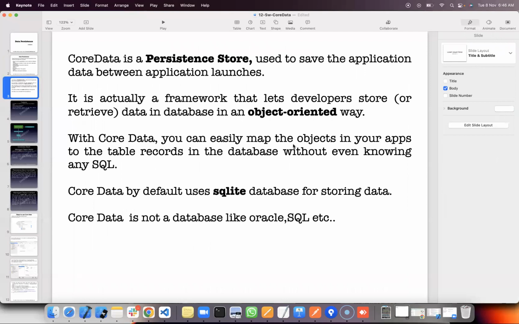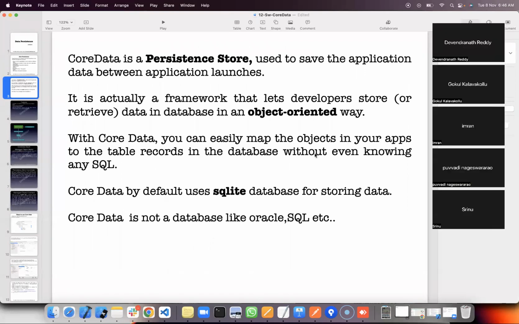With Core Data, you can easily map the objects in your application to the table records in the database without even